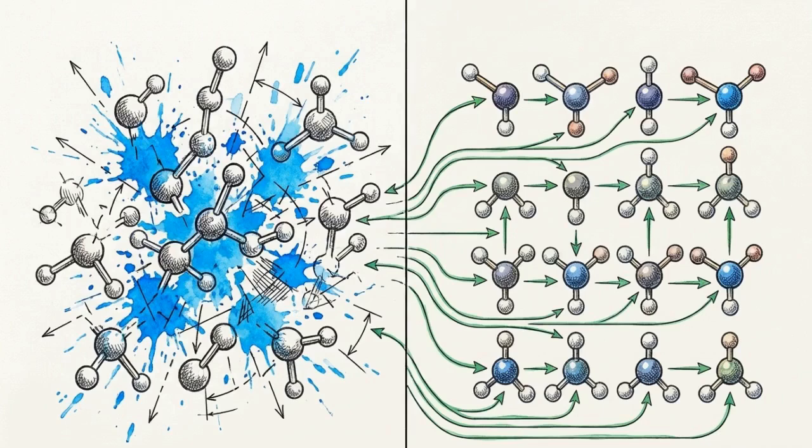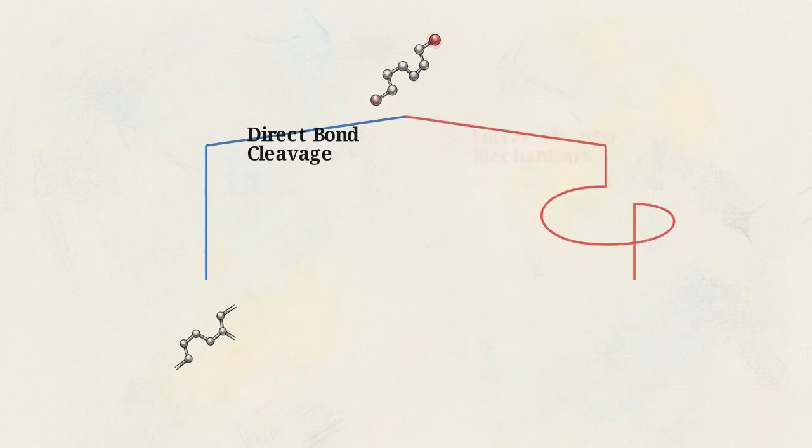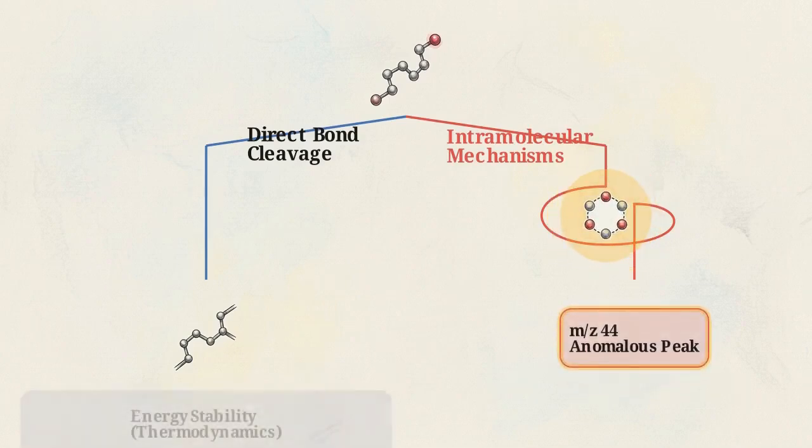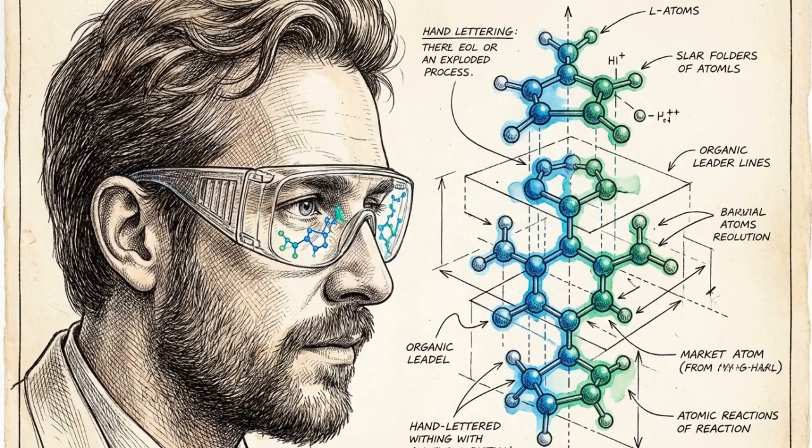The existence of this peak proves a core concept in spectrometry. Despite the extreme violence of electron ionization, the destruction is not random. The molecule fragments according to strict thermodynamic and stereochemical laws. To understand where that anomalous peak comes from, we first have to map the baseline rules of direct bond cleavage, and then uncover the complex intramolecular mechanisms that dictate advanced fragmentation. Mastering these deterministic rules allows a chemist to reconstruct the original geometry of a molecule from the resulting collection of